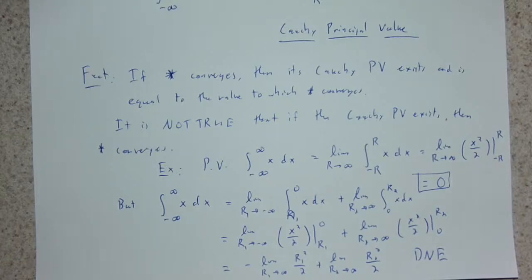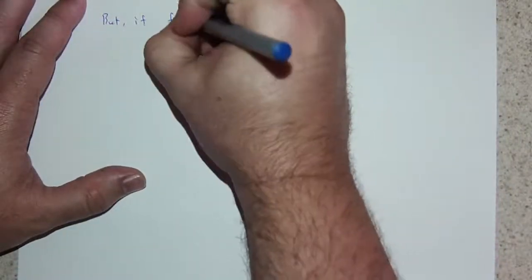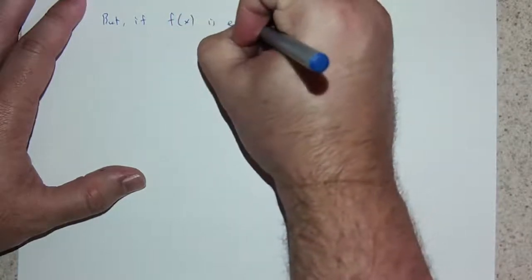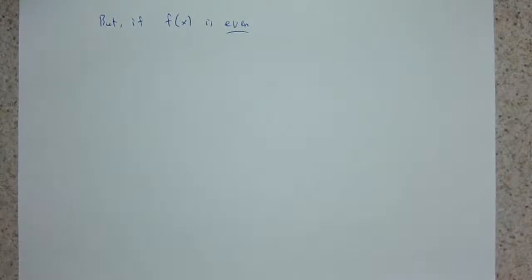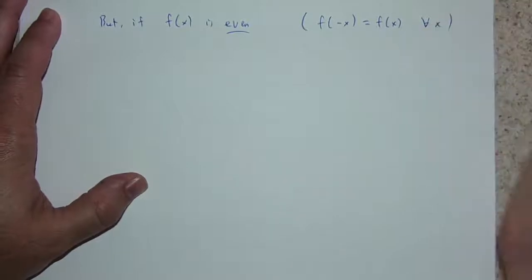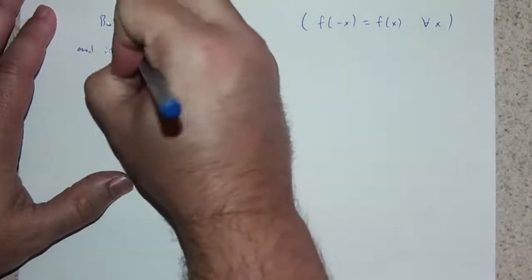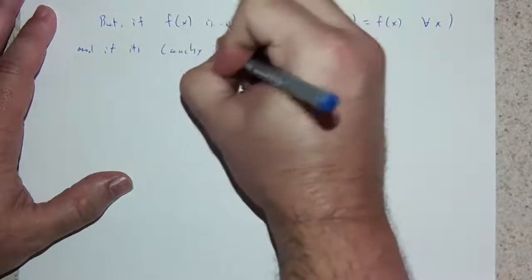But there are certain conditions we can impose on this thing that guarantee that the Cauchy principal value existing gives us what we want. So if f of x is even, remember what that means, i.e. that f of minus x is equal to f of x for all x, so it's symmetric with respect to the y-axis, and if its Cauchy principal value exists,